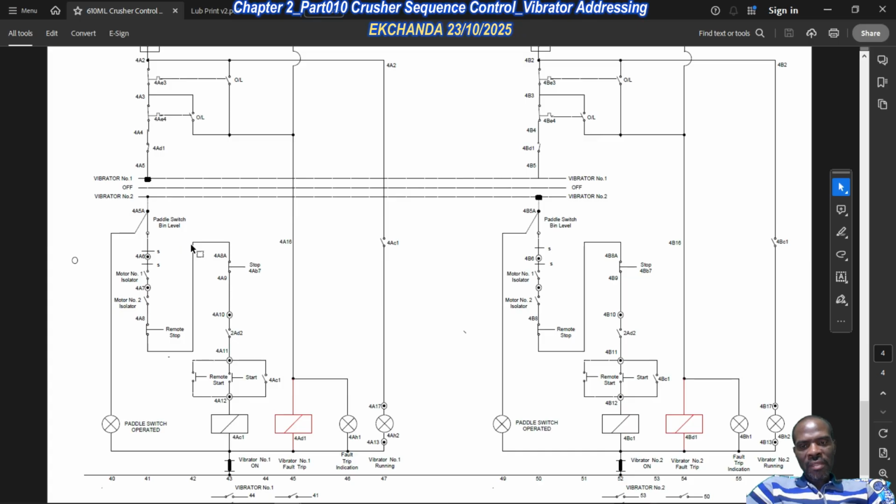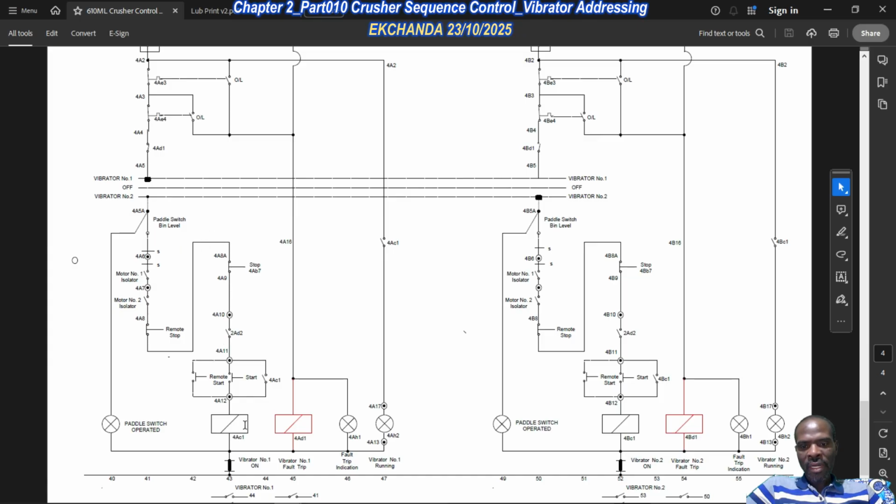And then that crusher is of course channeling those crushed materials into a bin beneath the crusher. Okay, and then depending on the level of the material in the bin, it's going to activate more like a limit switch when the bin is full, and that's what we're going to be calling the Part010 switch. So when the bin is full, the Part010 switch is going to be actuated, and then it's going to open this position. Okay, so the normal position is closed, and when the Part010 switch is actuated, it opens the path leading